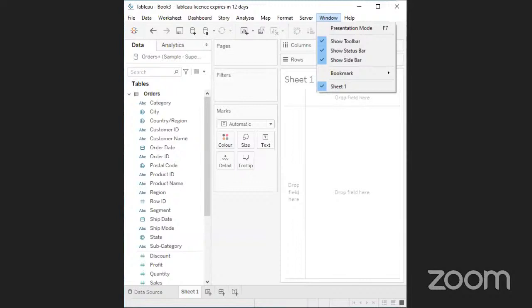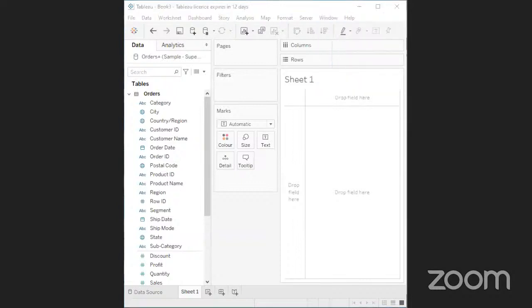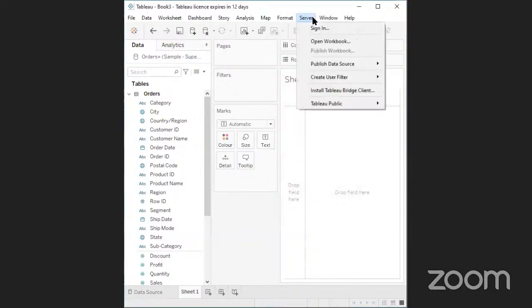And then the server option helps to connect your Tableau with your server access. So when you are having the online server application, it will automatically connect with the server. When you're having the desktop version, you may click that server option. You may go with the